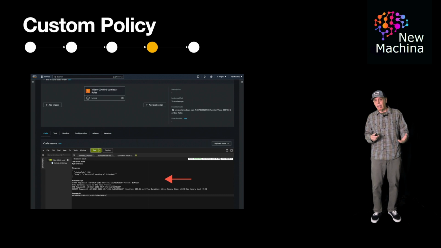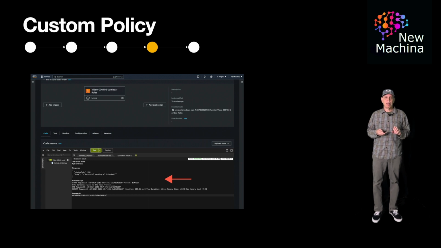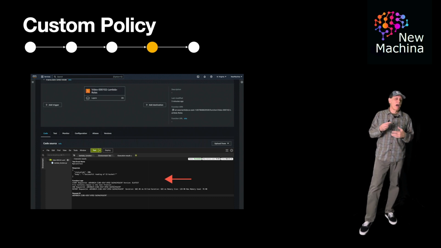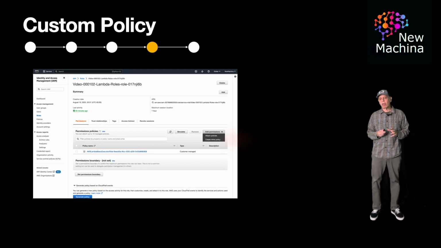So we're able to read the file, and we're able to write a file to S3. Now, this does work functionally, but it's not a great production solution in the sense that we've given this Lambda function a lot of permissions, way more than it needs. So we're going to go back to this role, and we're going to remove that blanket full access to S3,